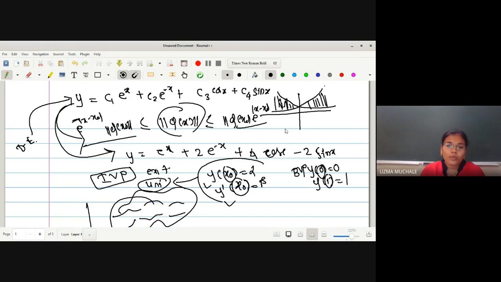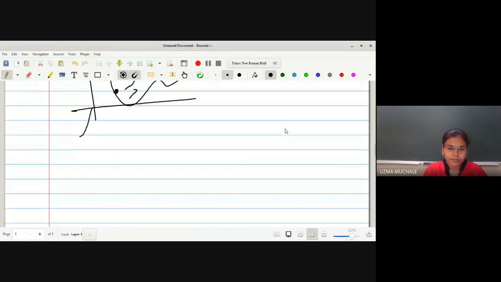Right. So what do we mean by having a unique solution? That means every student now is getting the same answer. But initially, if you take any values of C1, C2, rather any boundary condition, you will get different answers. So this existence and uniqueness shows that there always exists a unique solution for an initial value problem.